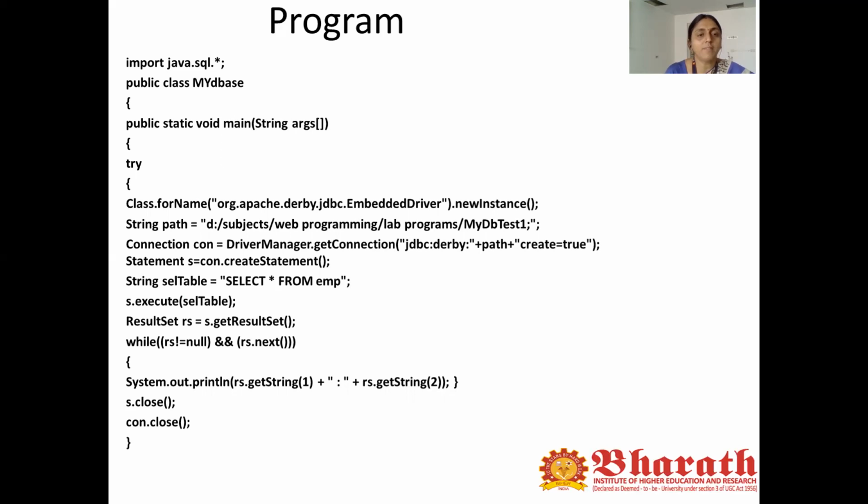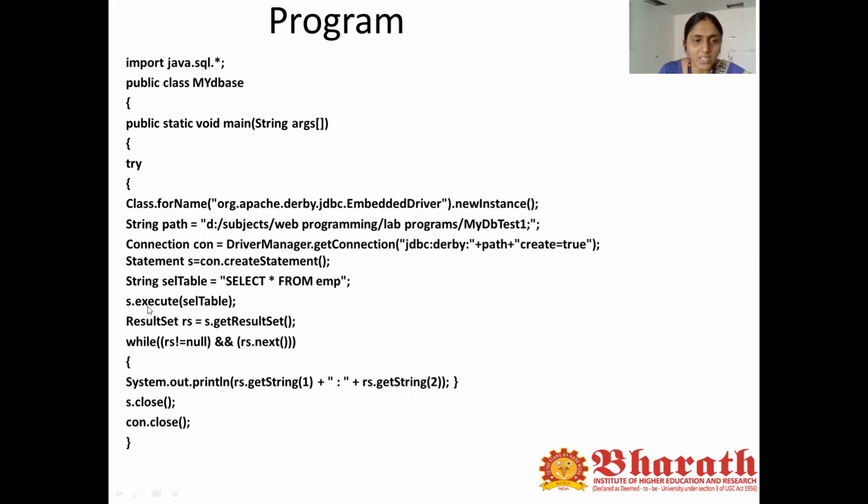Next we develop a connection using the driver manager class with the data source. The connection object is created and linked to the driver manager using the getConnection function, where you specify the path of the data source which we defined in the previous statement. Next we are going to give the query. For that we need to create a statement object, so here we create the statement. The string selection table selects all the data from the database.